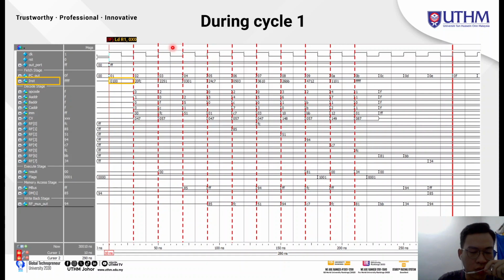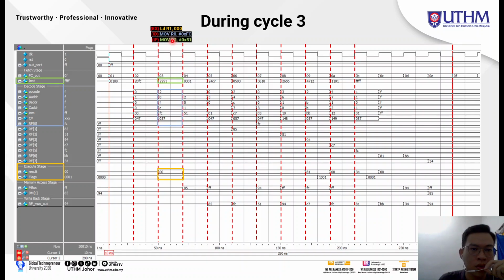During the first clock cycle, the first instruction is being fetched. During the second clock cycle, the first instruction is decoded, and at the same time, the second instruction, move immediate, starts to be fetched. Next, the first instruction is in the execute stage, and since it is a loop instruction, nothing will happen in this stage. At the same time, the second instruction will be decoded,